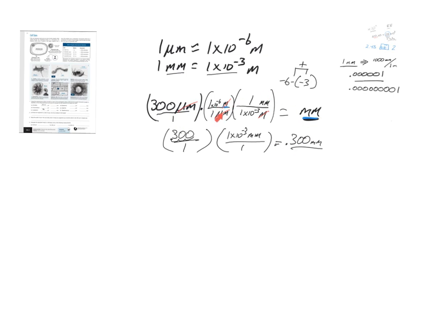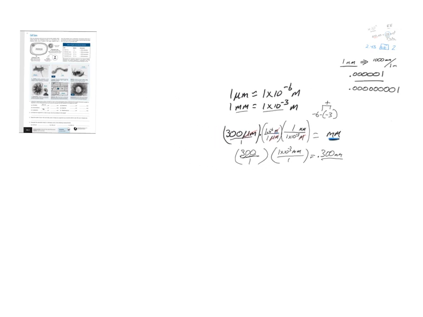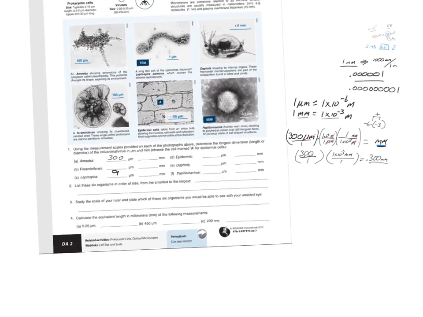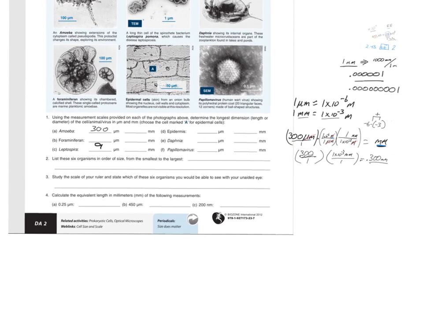And so your answers are self-checking. It's a great thing about the factor label method, and you'll be using that in chemistry and physics. So your answer for 300 micrometers is going to be 0.3 millimeters. Significant digits, when you're multiplying, dividing, there are rules. But for now, let's just say 0.3